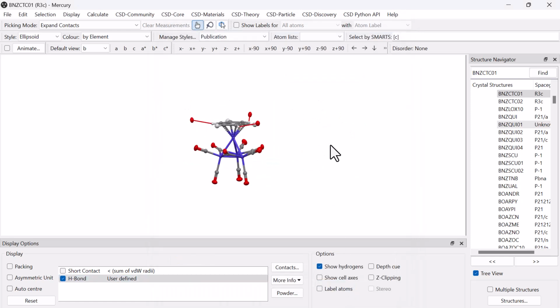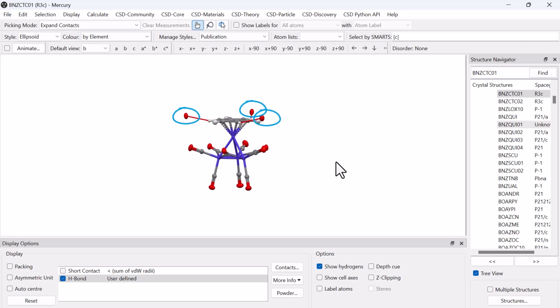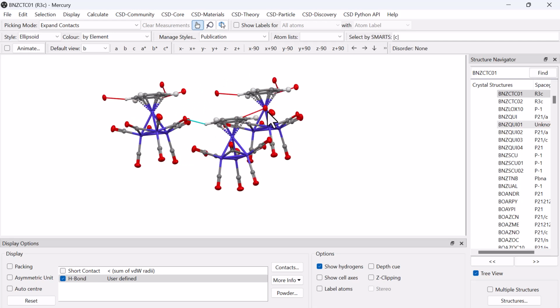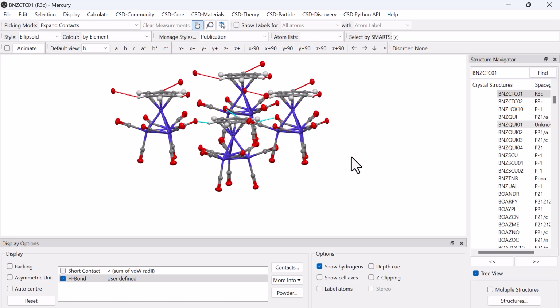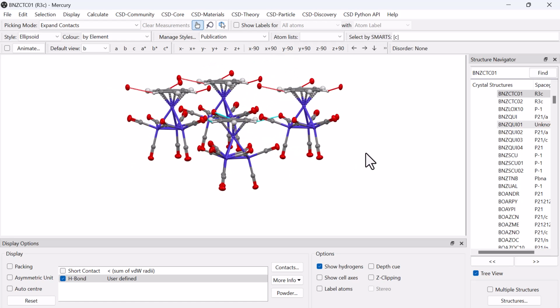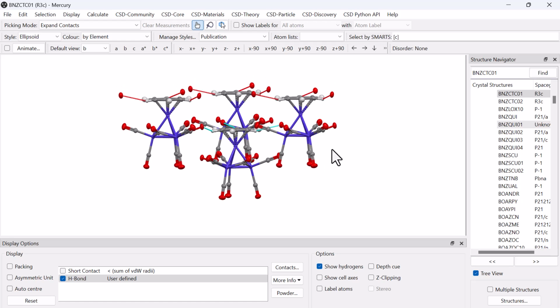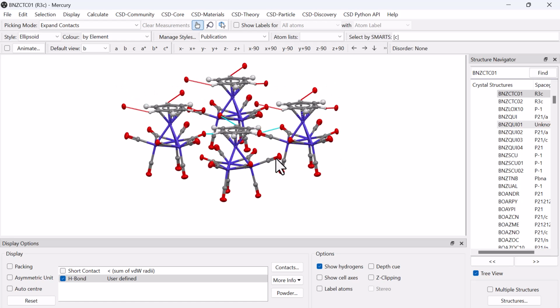We can now see that there are some hanging lines and atoms coming from certain hydrogens of the benzene ligand. You'll note that the picking mode is set to expand contact by default, and simply clicking on each of these will reveal neighbouring molecules that are joined by those intermolecular interactions. We can see in this structure that it is in fact leading to this layered arrangement with interactions between those layers. You can turn off the H-bond display here and turn it back on as you desire.